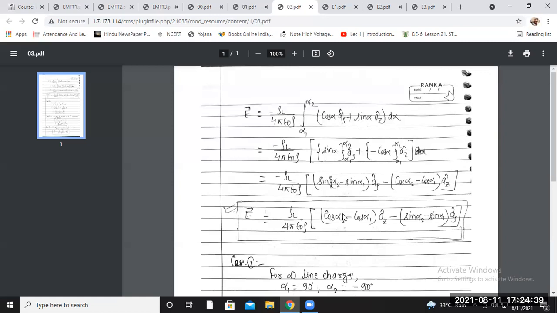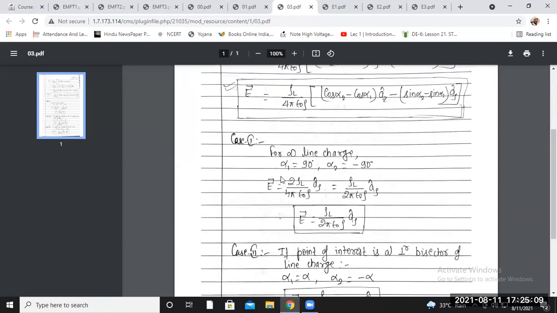So accordingly, if you put the value, you will get E equal to rho_l upon 4 pi epsilon naught rho, cos alpha 2 minus cos alpha 1 a_z cap minus sin alpha 2 minus sin alpha 1 a_rho cap. So this is the actual electric field intensity formula for your line charge. Now there are some conditions based on this formula. That means case one, you can see